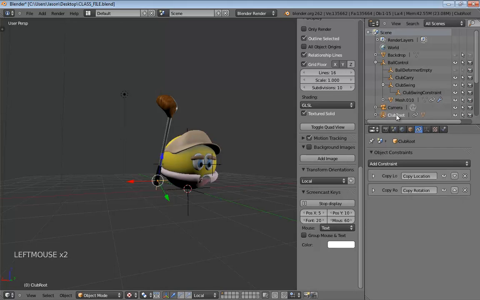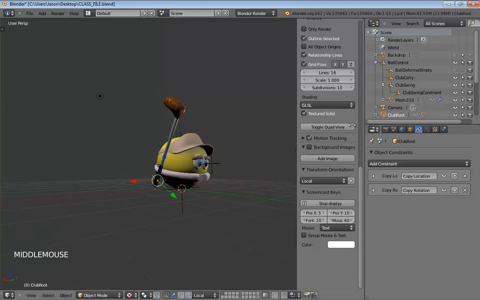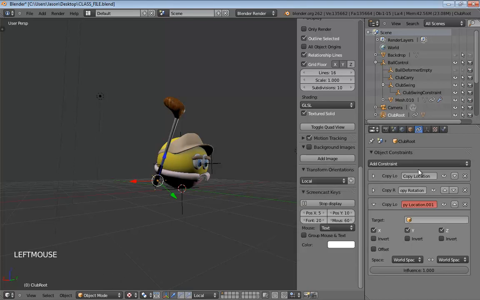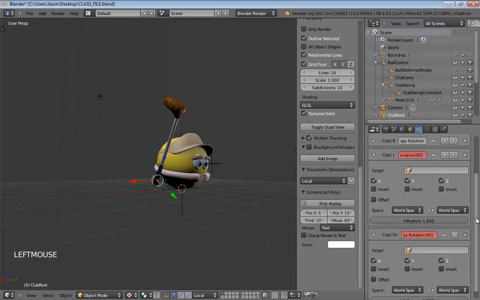The outliner is a great way to make sure that that's the thing that's selected. The reason I make such a big deal out of that is because right now the club carry and the club root occupy the same position in rotation, and it'd be real easy to mess that up. So, we're going to add on another copy location and another copy rotation. However, this time, we're going to take the target and set it over to the club swing constraint.